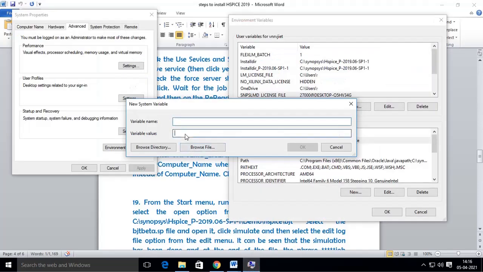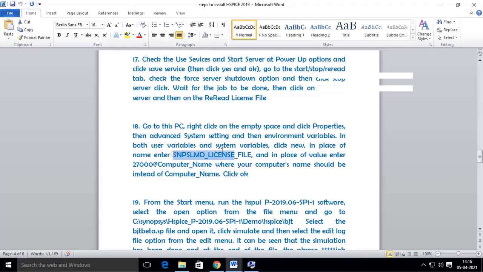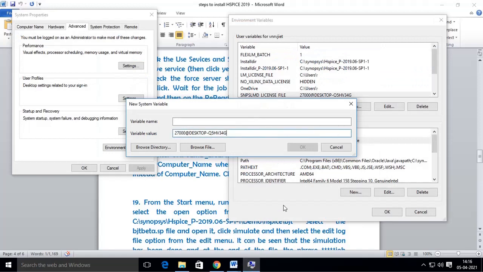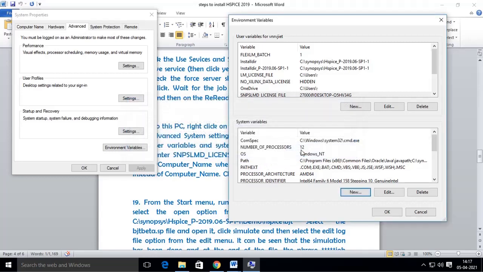Similarly, update the system variables also. Then OK.